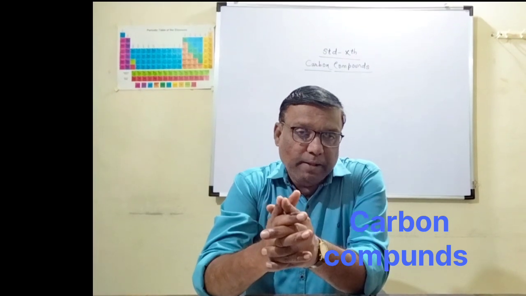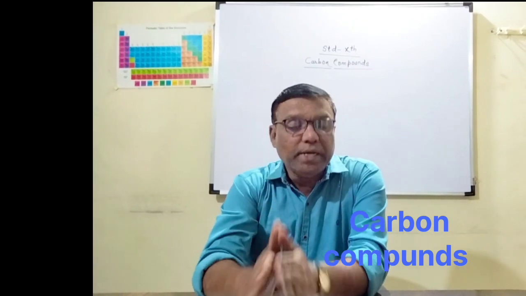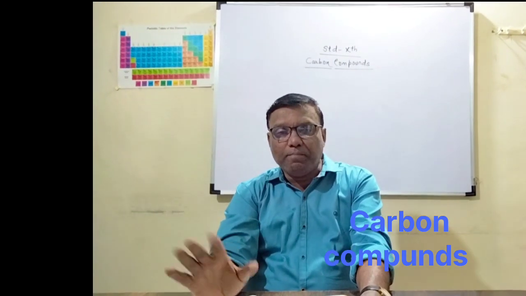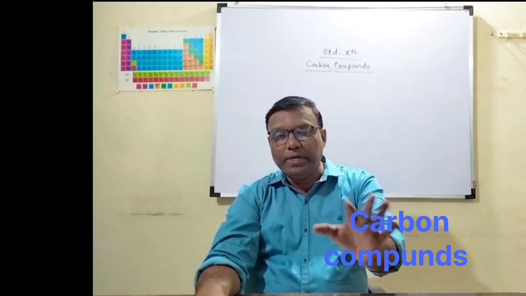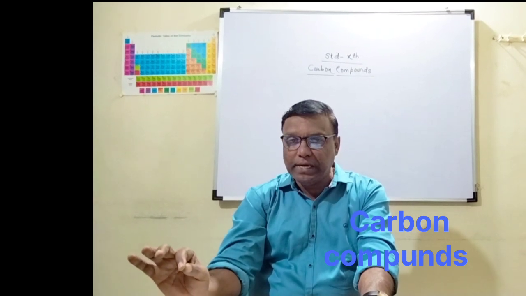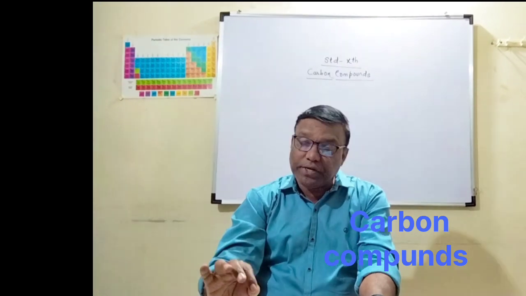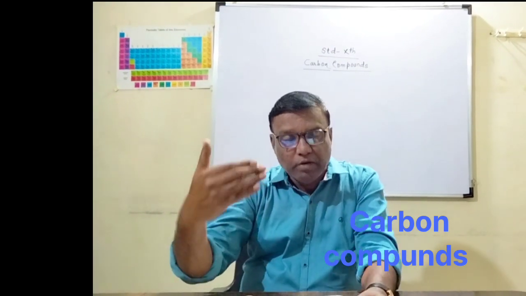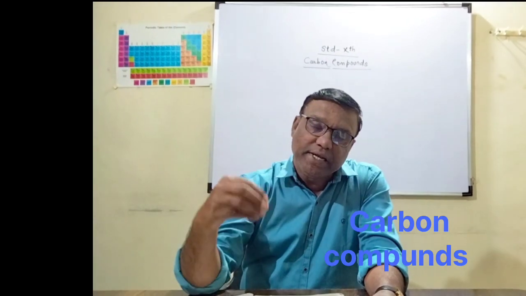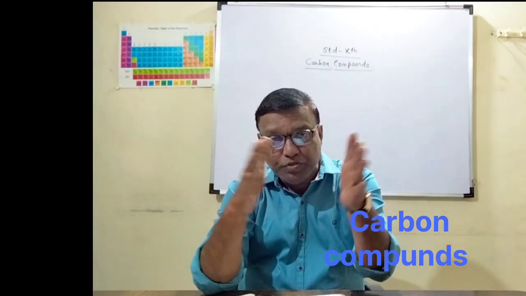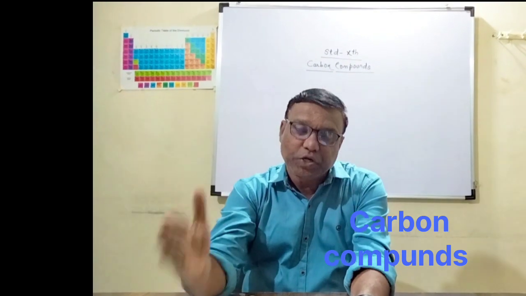So this is the simple concept. The compounds which are prepared from carbon and hydrogen, those compounds are known as carbon compounds. In case of carbon compounds, carbon is present and hydrogen is present as a main element. So this is the first basic concept given in our textbook that we have to understand. It has given the lesson name carbon compound, but beyond that, what is carbon compound? We have to understand that carbon compound means the compounds which are prepared from carbon and hydrogen only.